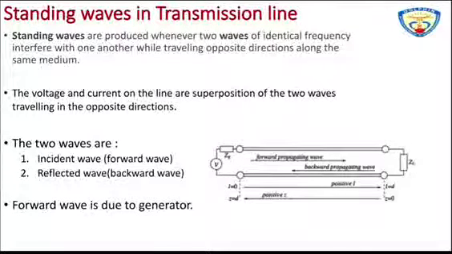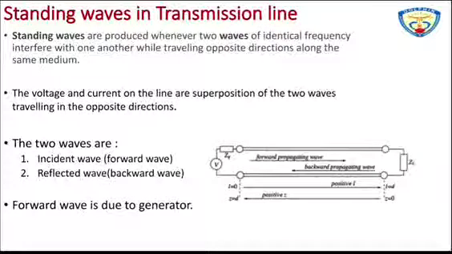Now, you know that according to the maximum power transfer theorem, in order to have the maximum power transfer from one point to another, your load impedance must be equal to the source impedance or the characteristic impedance in the case of the transmission line. So in this case, it is not perfectly matched. Precise matching of the transmission line to termination is not practically possible. So whenever a significant mismatch exists, a standing wave is formed.